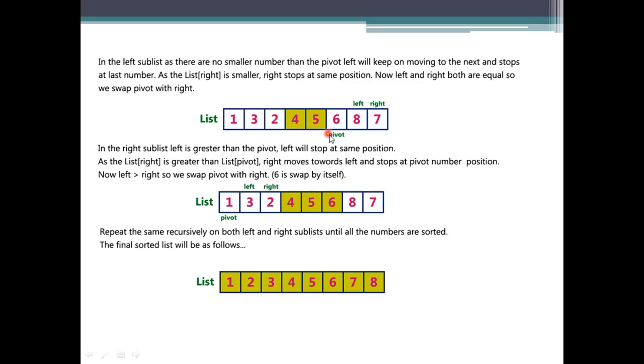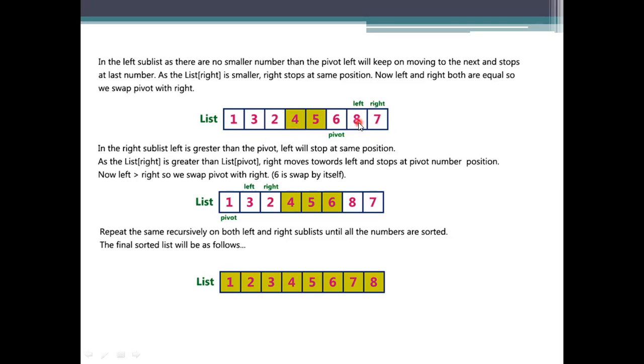In this representation, we need to consider whether it is having the greatest value or not. If it is having the greatest value, what happens here? We need to stop the processing. Since it is not having the greatest value, we will stop that processing by itself. So compare this pivot with these elements. Compare this value, 6 is there, the pivot element is there. Compare these two values, left and right.